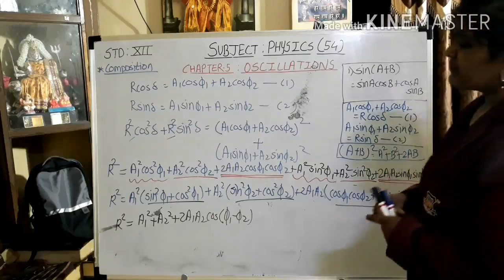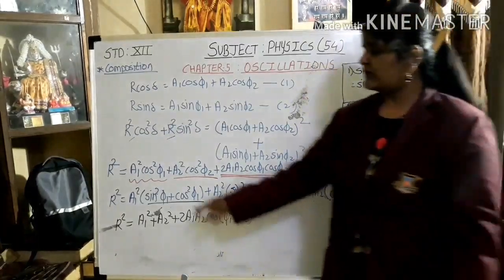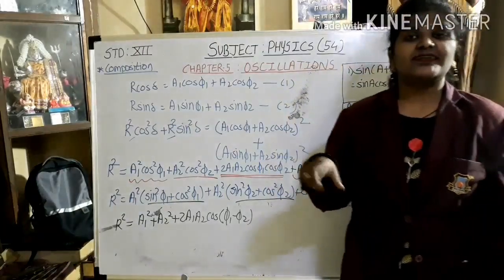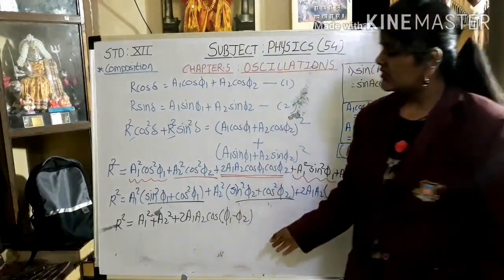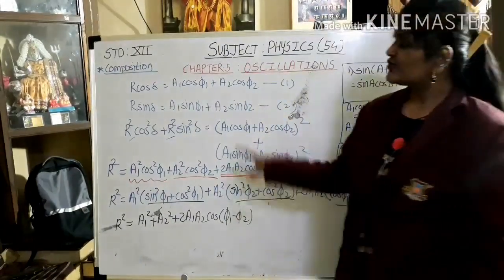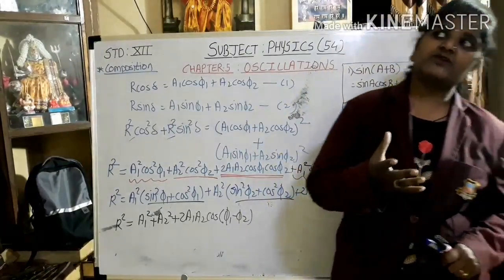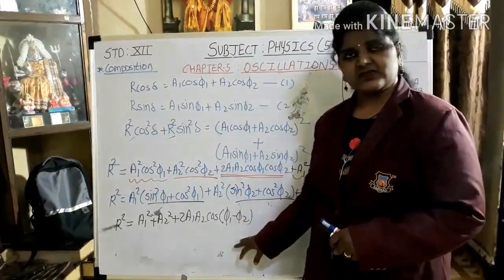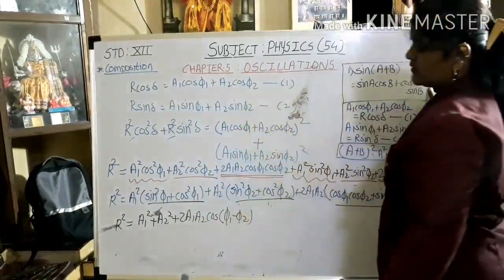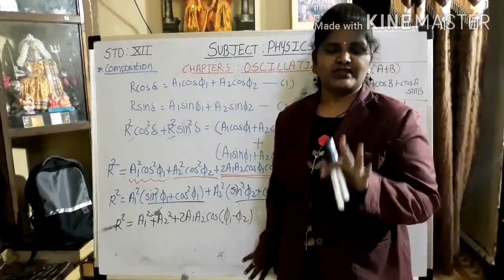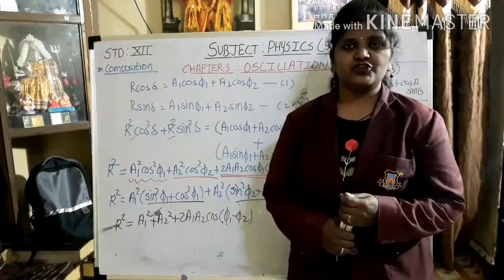Okay. So there are some cases when phi 1 minus phi 2 becomes 0. What happens to R? When phi 1 minus phi 2 becomes 90, what happens to this? When phi 1 minus phi 2 becomes 180, what happens to it? Isn't that what we are going to see? Okay. So this is it for today. In tomorrow's lecture, that is part 4, we are going to see the special cases of this, and even find the value for delta. And one more new term we are going to study in tomorrow's lecture.